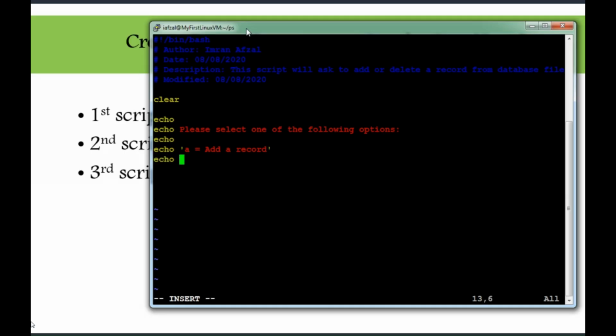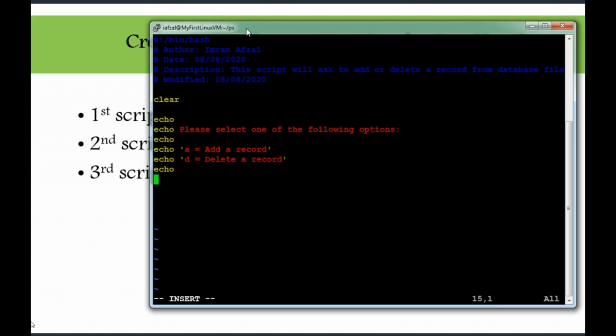Second, what if we wanted to give the option for the second one? D, because it's delete a record, right? You could pick B too, but it's better to pick D, delete a record,